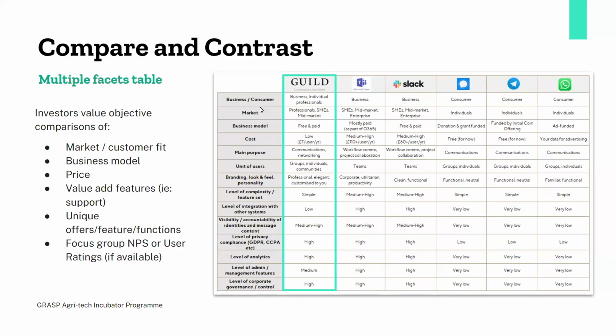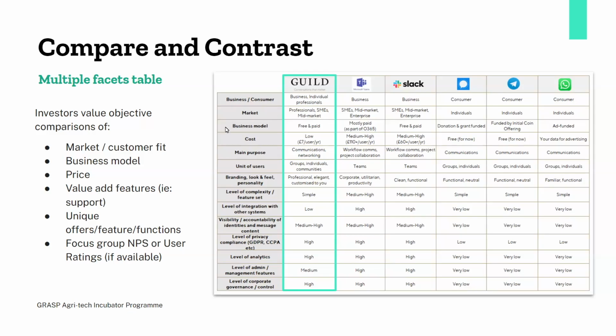And why this is better than that basic 2x2 that you saw above is because now you are comparing them not on just two variables which are more qualitative, but on a number of different variables that you feel are going to be important for your customers, that you feel are important for your investors when you are making the pitch and making the case for why your company is standing out from the competition, right?